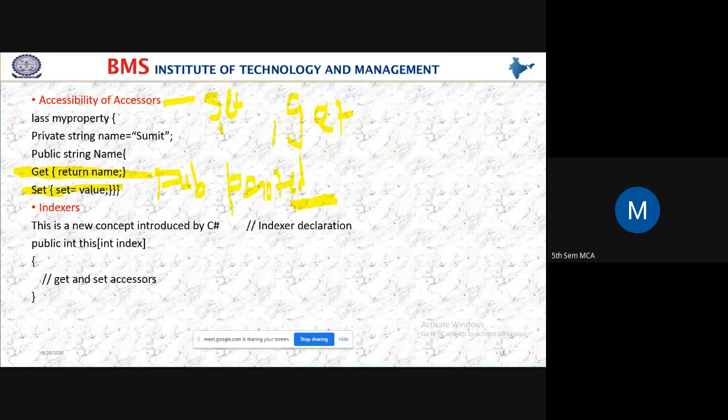What is the use of the protected access modifier? Where you can access the method or a variable when you declare it as protected: within the class and in the derived class. Correct, no students? We have learned this already. Whatever variables or methods you declare as protected, their accessibility will be within that class and in the derived class.